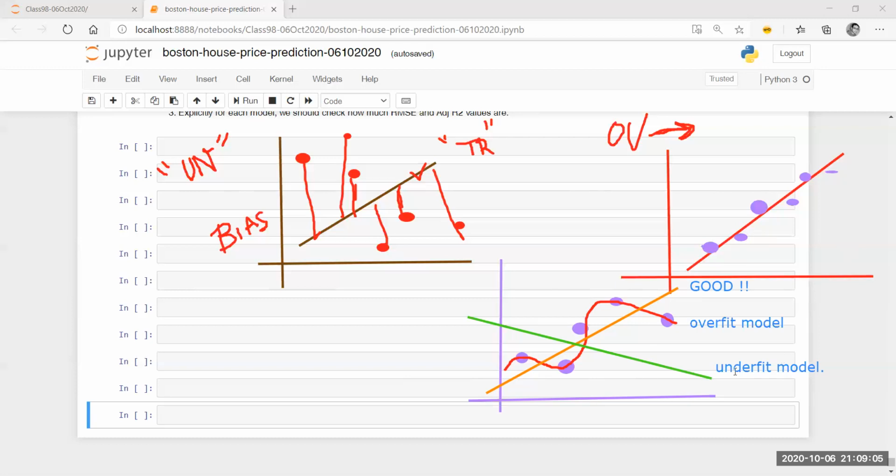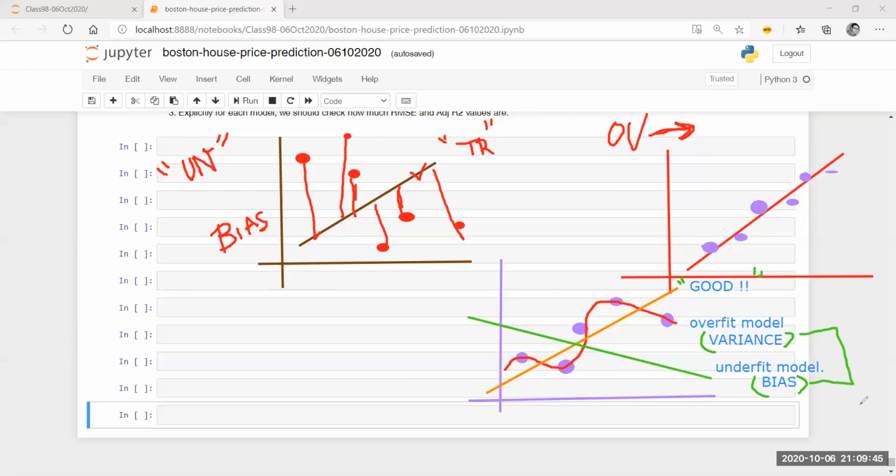And the underfit model is just creating a line just to generalize it. Many of the points are not met. There is a lot of bias. So in case of an underfit model, we have a lot of bias. And in case of an overfit model, we have a lot of variance which is captured. This problem is otherwise known as the fact that the overfit model has a lot of variance, and the underfit model has a lot of bias. Then we need a good model or a better model which can find a balance between bias and variance.